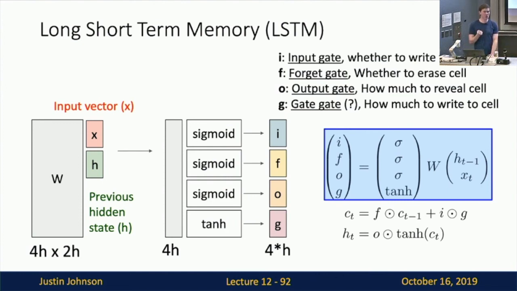And the LSTM can choose to reveal parts of its cell state at every time step as modulated by the output gate. So the output gate tells us how much of each element of the cell we want to reveal and place into the hidden state. If we set some element of the output gate to 0, then it would be hiding that element of the cell